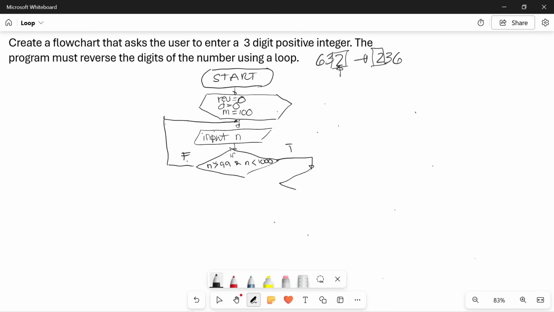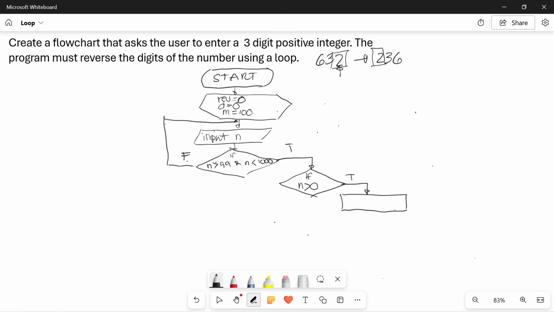So here we test if the value of n is greater than 0. And if it's true, which means that the value of n is still a 3-digit number on the first pass of this flowchart, we say